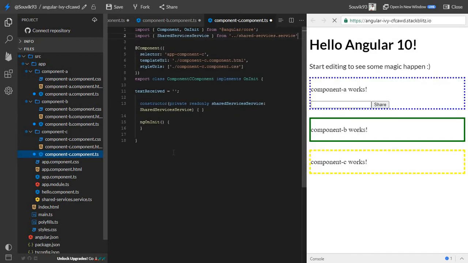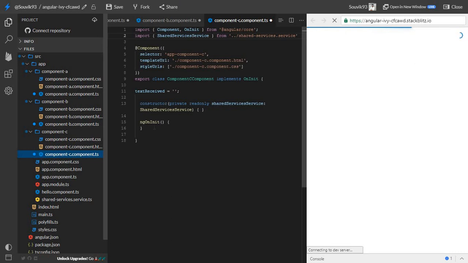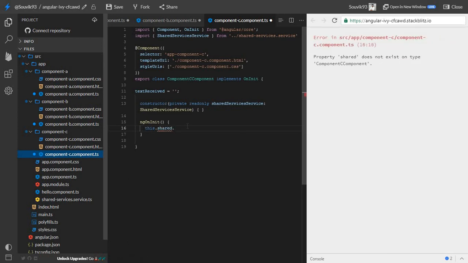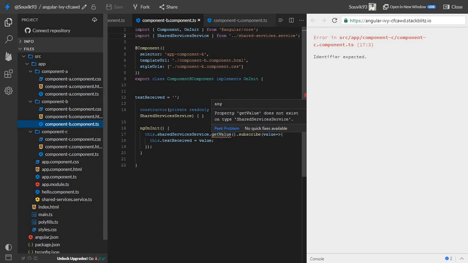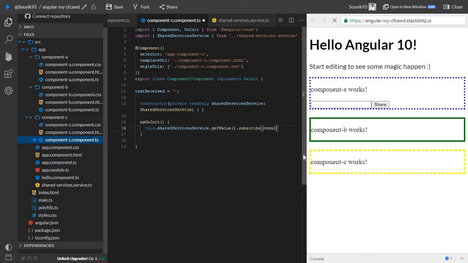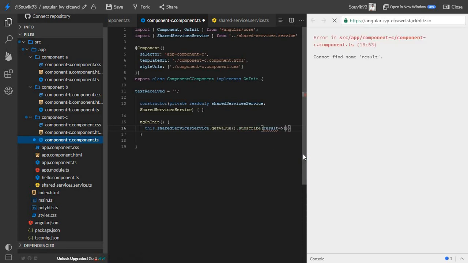So now what we will do, we will again subscribe to this, right? So this dot shared services dot get value, it also subscribe, result, and I am going to assign it in my this dot text receive, right?